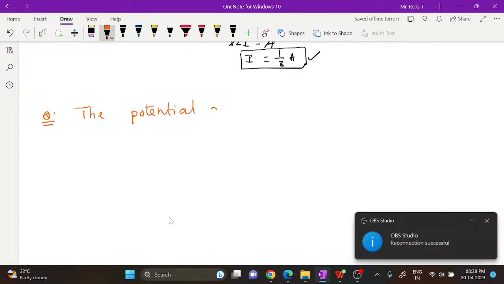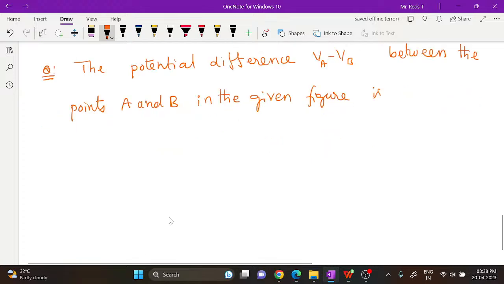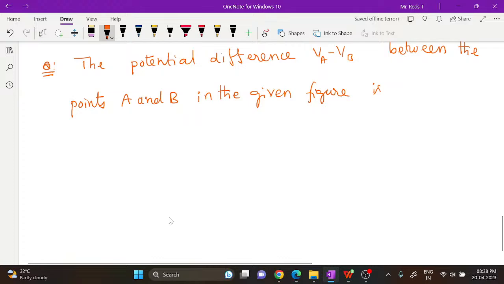If the potential difference in the given figure is... actually, this is one of the previous year's questions, guys. The figure is this. We have a point A,